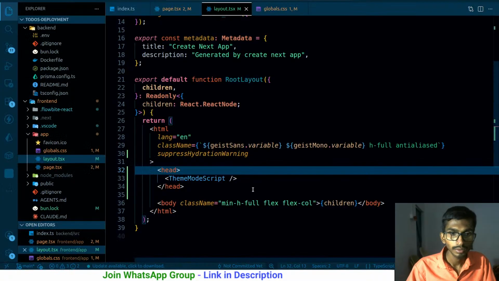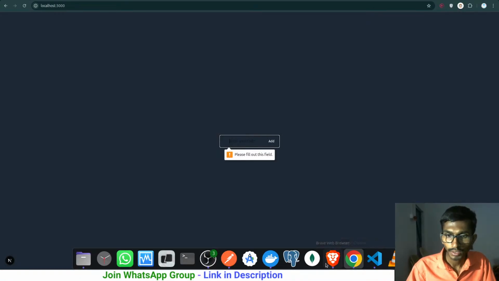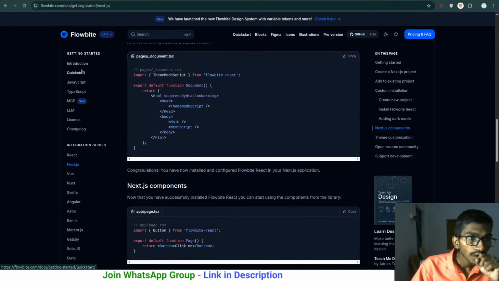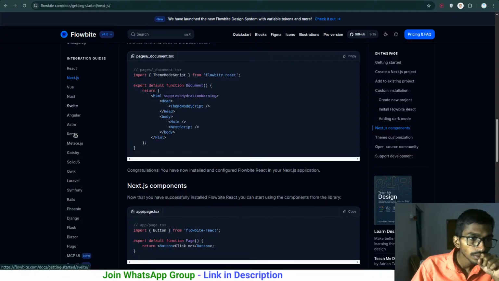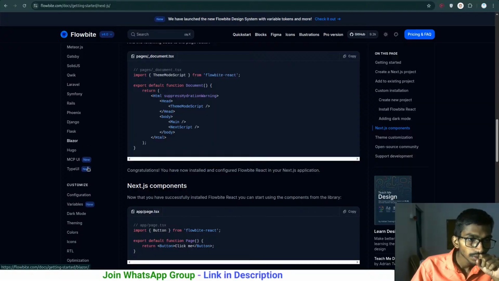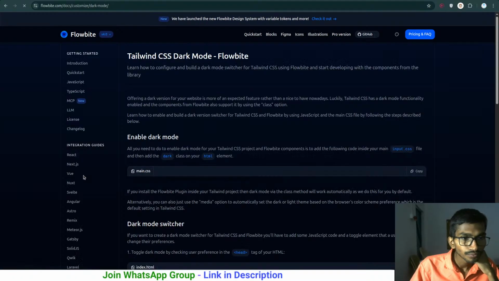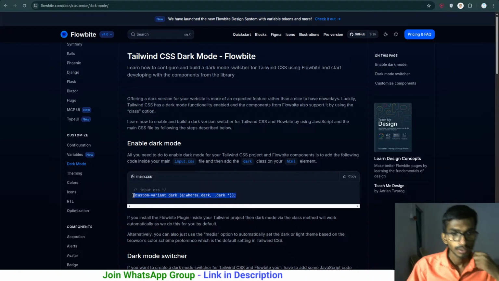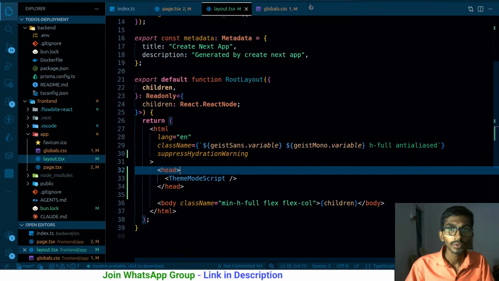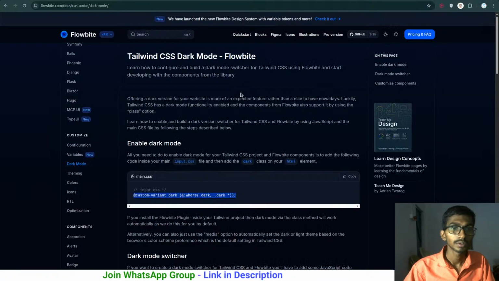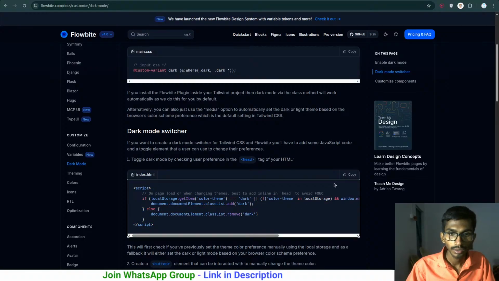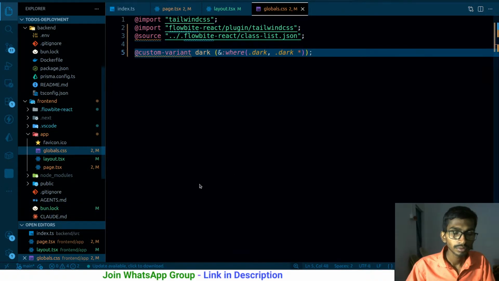And if I want to have dark mode, then what do we have to do? Let me see that as well. So for the dark mode, introduction, JavaScript, MCP, LLM, changelog, Angular. These are the things that it actually supports. Configuration, dark mode. So in order to have the dark mode, first of all I have to enable dark mode. Okay, that's fine. Let me just have it inside global.css, and once it is there, then I have to add this script inside index.html. Well, in my case,